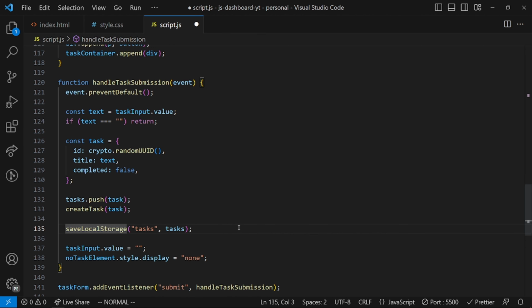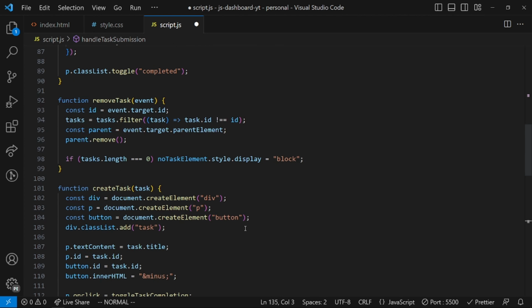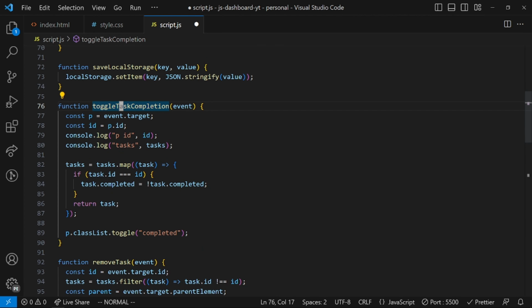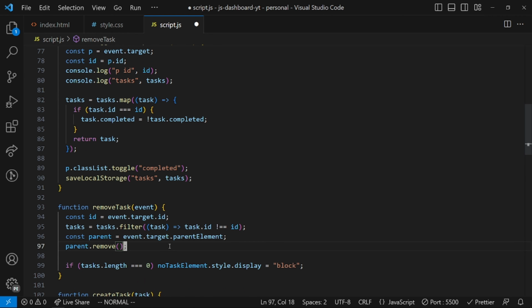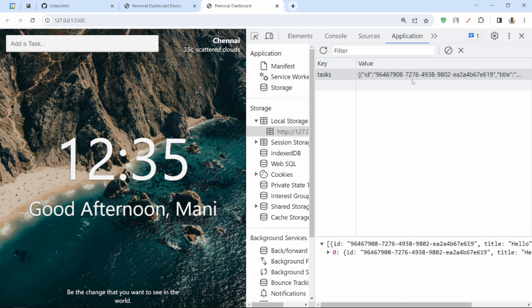We can do the same thing whenever we are updating a task and deleting a task. Inside the toggle function, we can just come here and save the tasks. We can do the same thing inside the remove task function as well. So now anytime we update a task or delete a task, it's also going to be reflected in local storage. So I'm just going to clear everything,